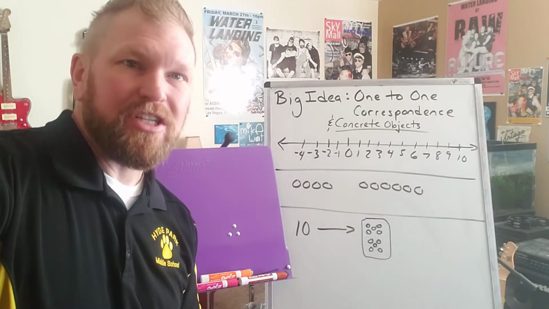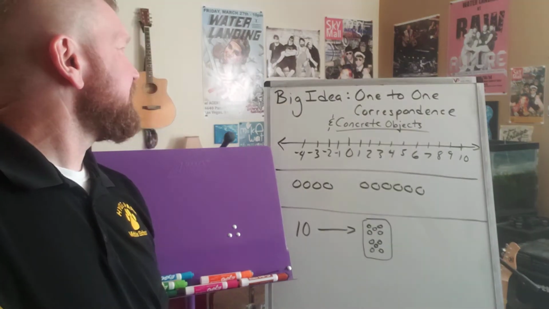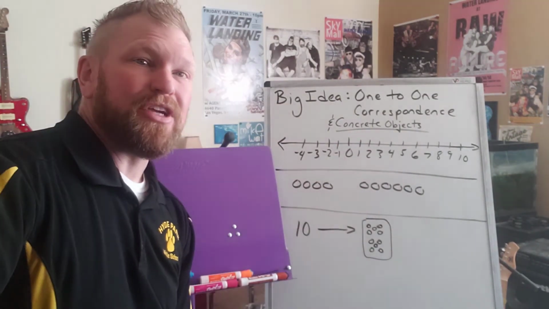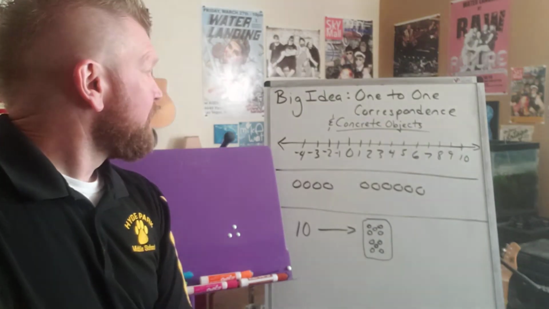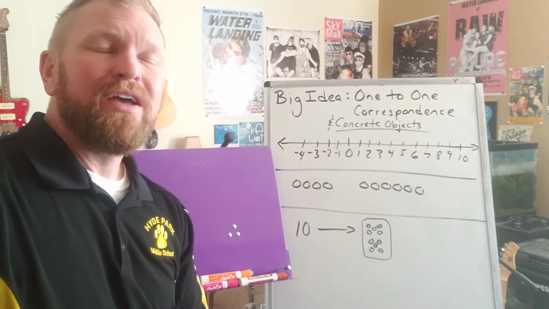All right, so this question is about helping students who are trying to understand how to count to 10. The big idea is one-to-one correspondence, also using concrete objects, which is an idea that we're going to come back to a little bit later in these lessons as well. And if you look at the choices that we have, all of them are really great to help students with